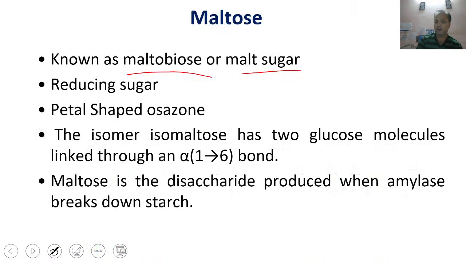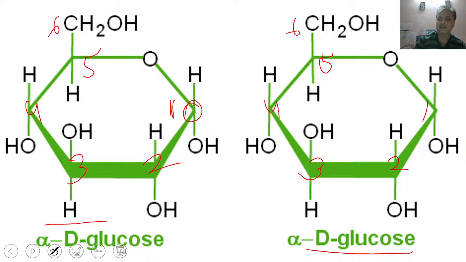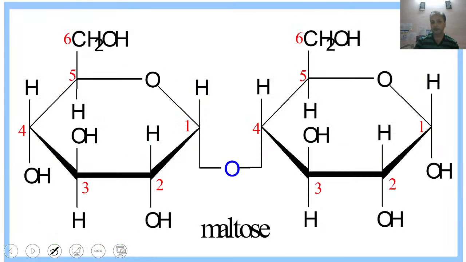Maltose is going to form a bond between, this is carbon number 1 and this is 2, 3, 4, 5, 6. 1, 2, 3, 4, 5, 6. In case of maltose, the bond is going to form between carbon number 1 and carbon number 6. So this is my carbon number 1 and this is carbon number 6. So there will be a bond between,